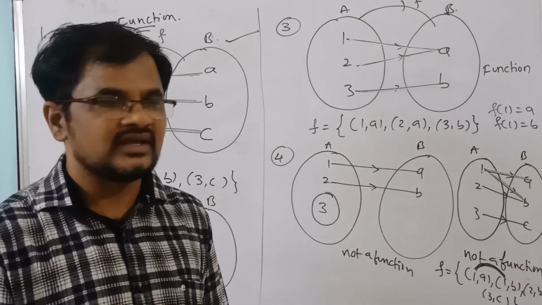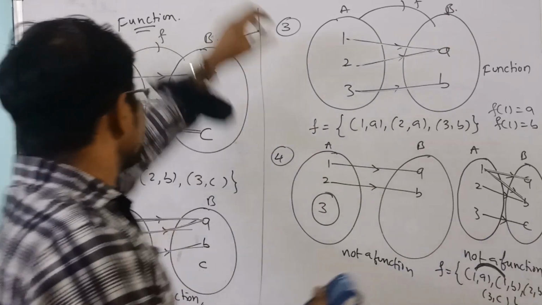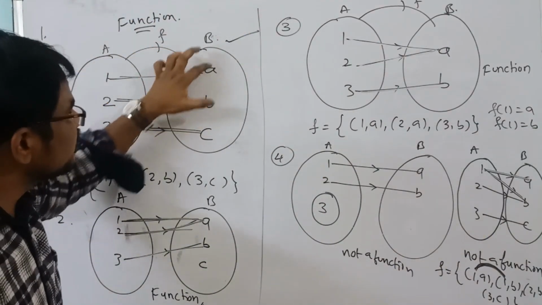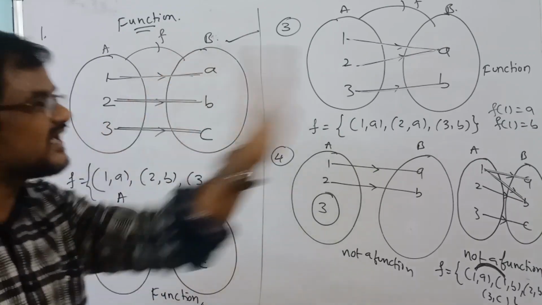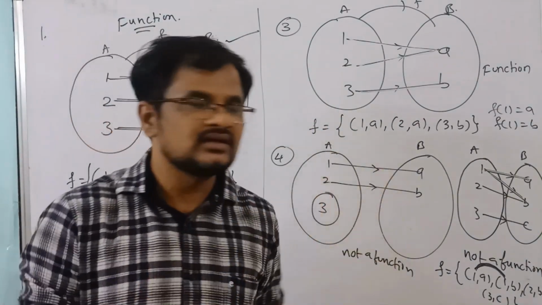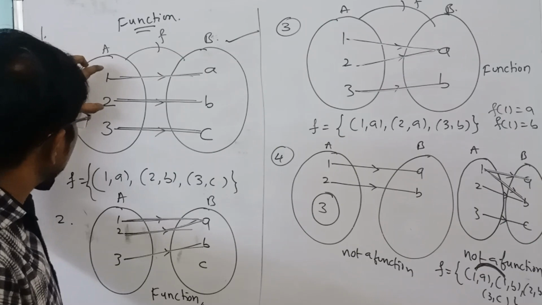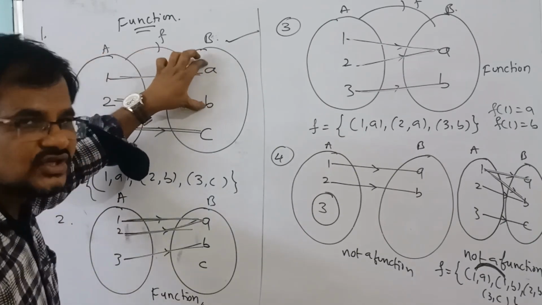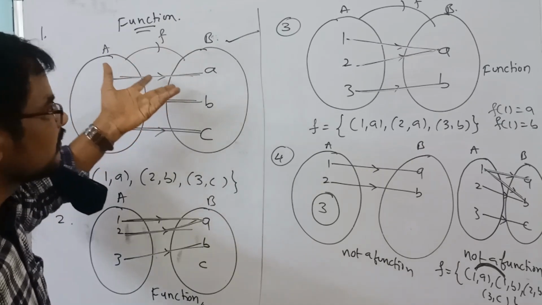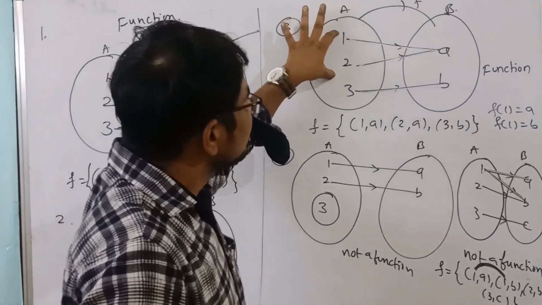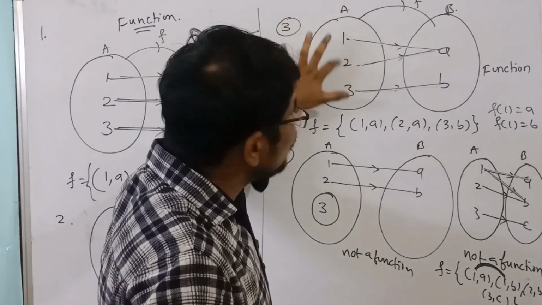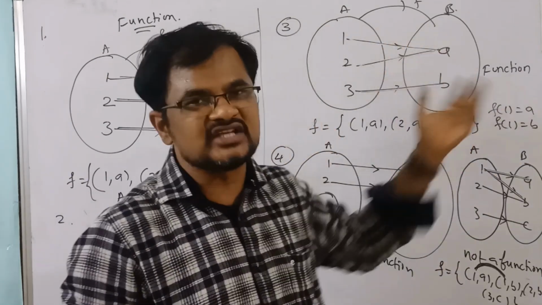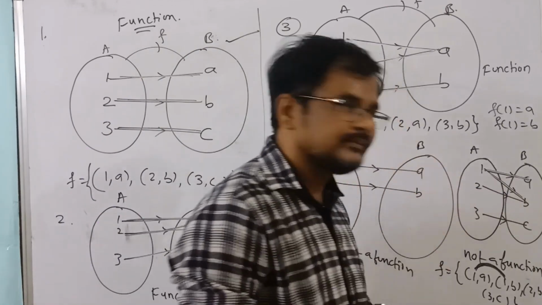Like this also identify. Nothing but here see, 2 persons are there. Can 2 persons shoot these 2 persons at a time or not? Suppose with the gun they are shooting. If you shoot these 2 persons at a time, it is not possible. But here, can 2 persons shoot 1 person at a time or not? This is also possible.